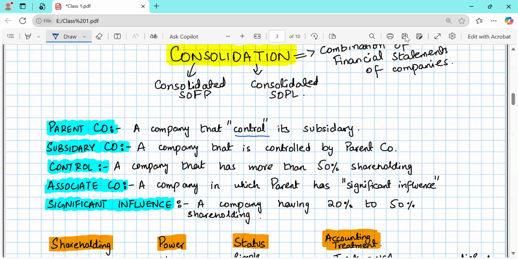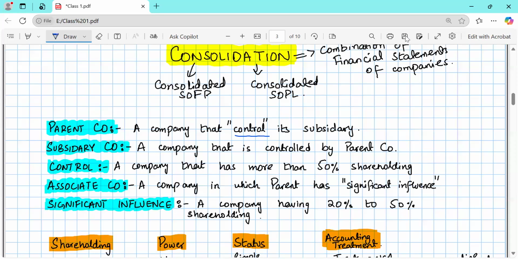So a company that is controlling another company is a parent, and a company that is controlled is known as a subsidiary company. Now there is a word control. What do you mean by that? Control has a very wide definition, but for the consolidation of financial statements, you just need to be aware of the shareholding part. We will talk about that wider definition as well, but just for calculation purposes, if one company is holding more than 50% of the shares of another company, we say that the company is controlling the other company.